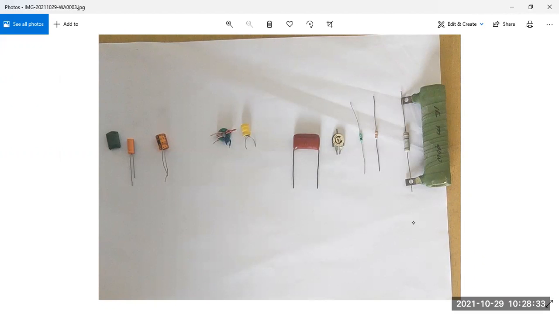Okay, this slim type. Sir, your arrow is not visible. Which one? The arrow is not visible. Look, this arrow is visible now. Okay, it is visible. Look from the beginning.